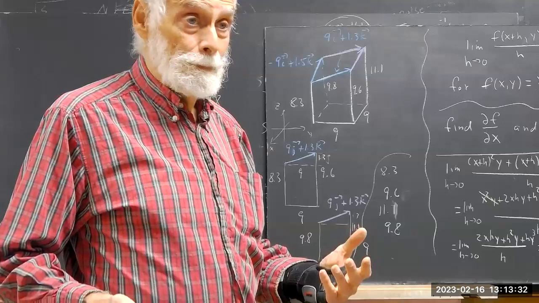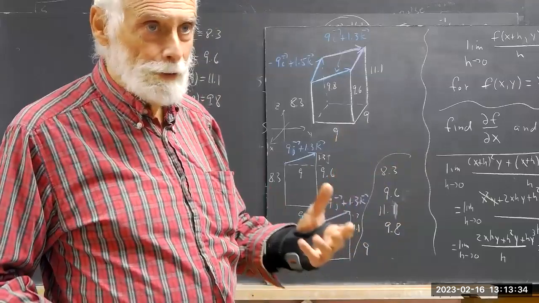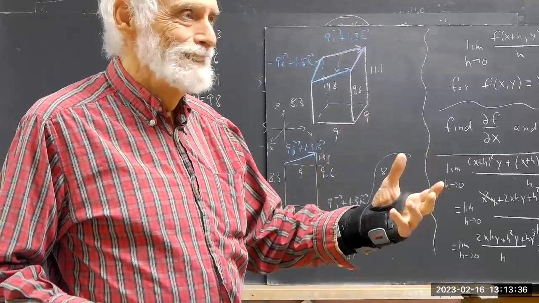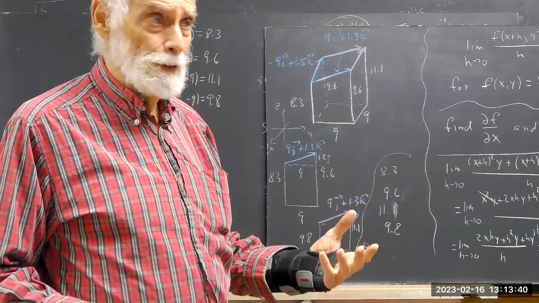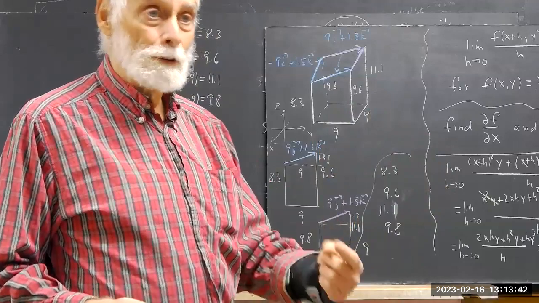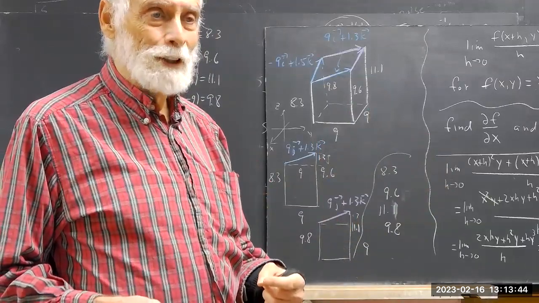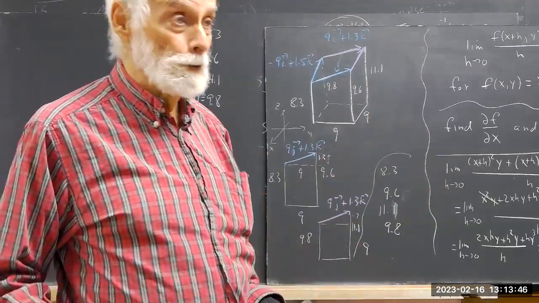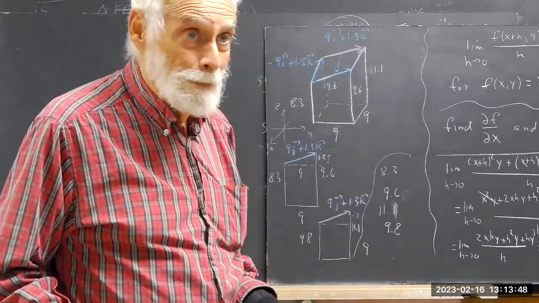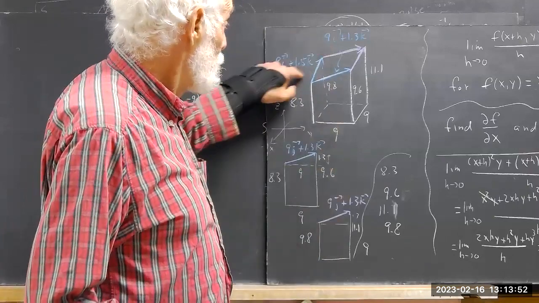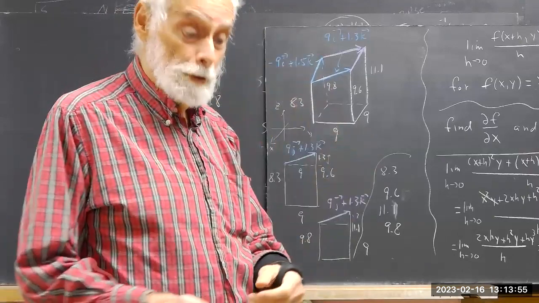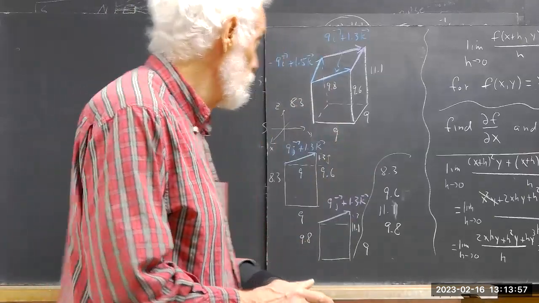Somebody else says cross product. Yeah. To get a vector perpendicular to something, you take two vectors in that something and take their cross product. Since we've got two vectors, this one and this one, we do the cross product. So the normal vector,